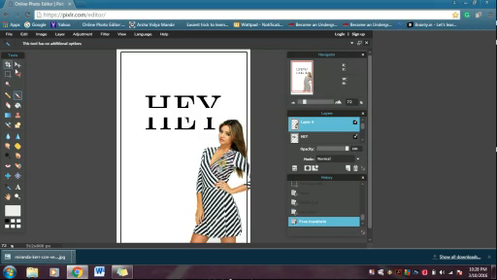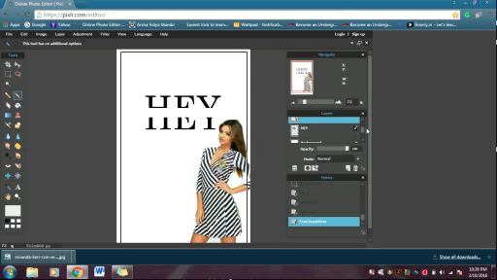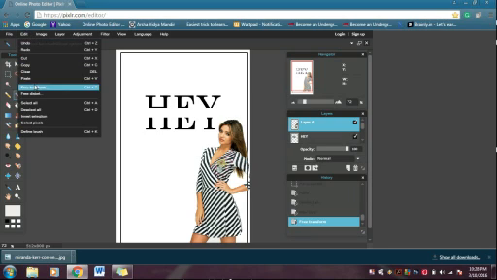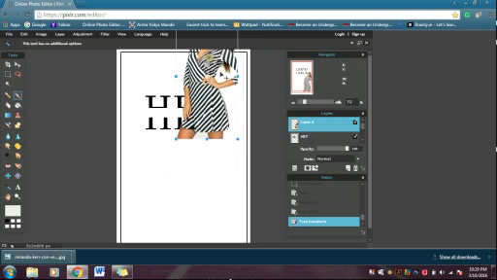So that's the thing. I've explained everything now. So that's how you navigate through Pixlr. And at the end of the editing, you can save the image. Before that, let me talk to you a little about the layers here. So you can see we have the font layer and we have the image layer of the model here. For this it'll be really helpful if I use the free transform, and if I place it above,